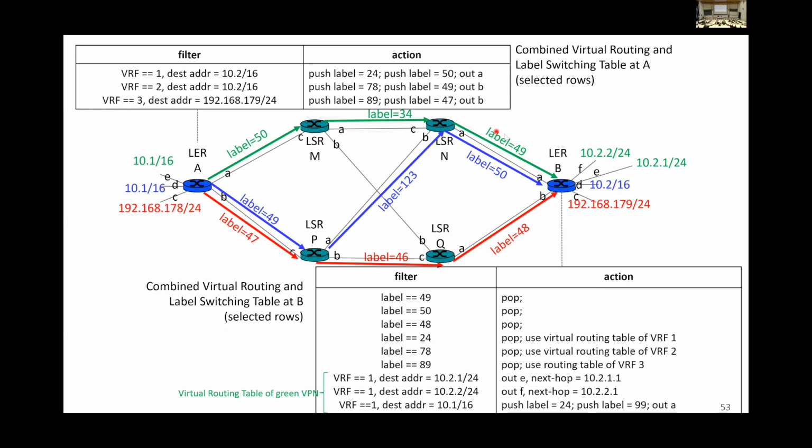So if a packet comes with label 49 here, the label will be removed. The inside label hopefully is 24. And if you find label 24, then you should go to that part of the table that has VRF equal to 1. And then it's like a standard IP table. If the destination address is this, then we go into the output port E with the next hop is that. The next hop will be used to find what is the MAC address using ARP, etc. So this is how we can combine the different